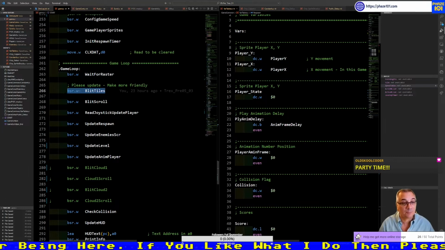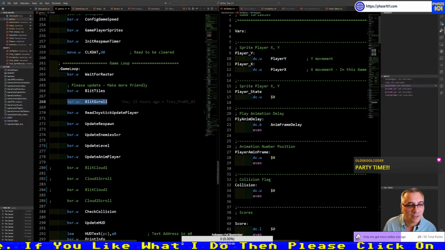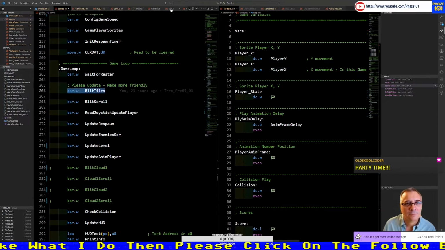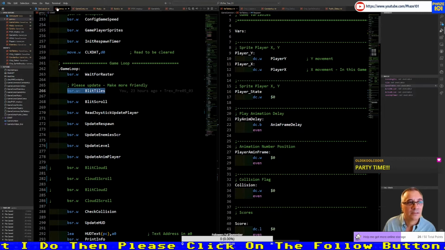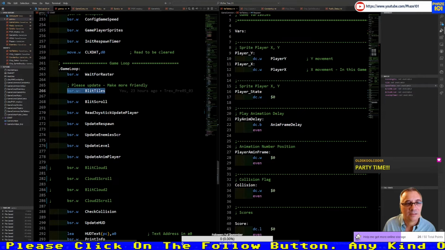But right now it's not copying. So it's not this routine, it's that routine. But something has affected the values that I set up.